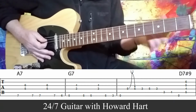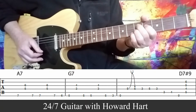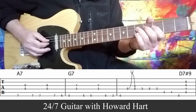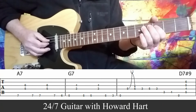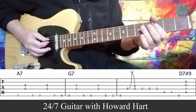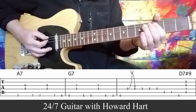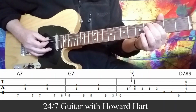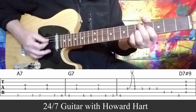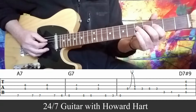And then we have this riff at the tail end of it. All right, so I'm on the 5th fret on the D string, and that's a half step bend and release. Then 3rd fret, back to 5th fret, back to 3. So we have, then on the A string we have 3 to 4, and then open 6th string again, and we hit that D7 sharp 9 chord again. So the whole lick is,